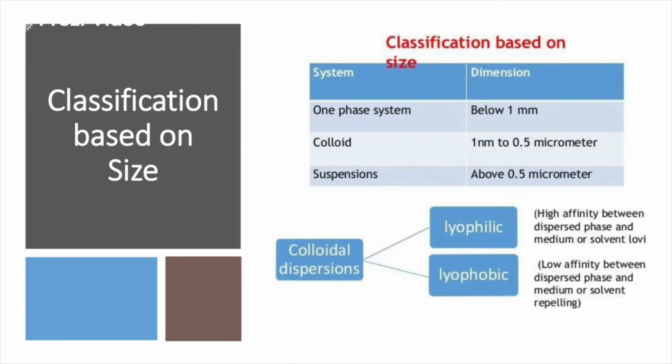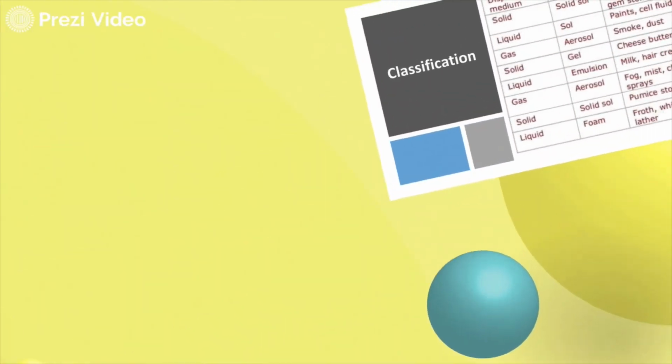And my dear students, you have to always bear in mind that we can easily prepare the colloidal dispersions. If you have a large particle size, then by various techniques you can reduce the particle size and make them available between the ranges of 1 nanometer to 1000 nanometer. Or if the particle size is very small, then we can aggregate 2 to 3 particles, and when they get aggregated they form a single particle, and if they have a particle size between 1 nanometer to 1000 nanometer, it will again work as a colloidal dispersion. So there are various techniques for the preparation of these colloidal dispersions.